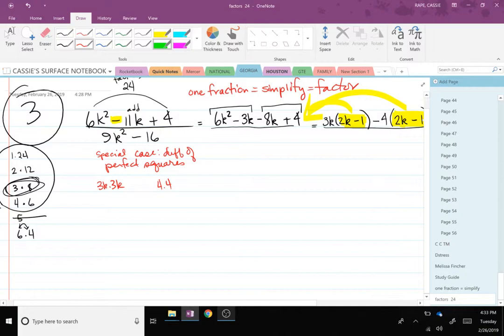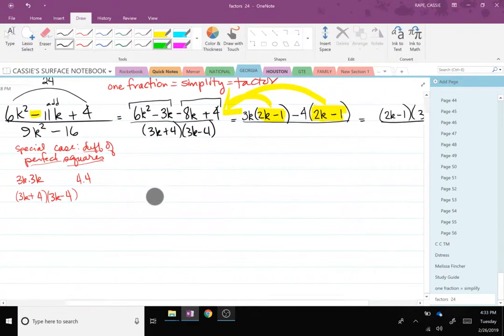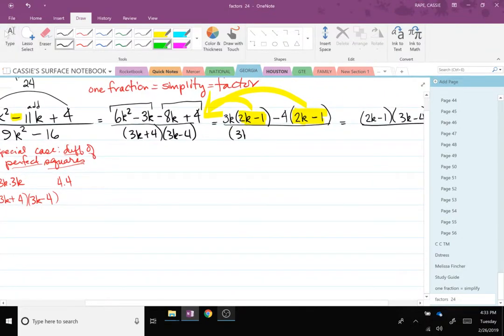What that means is when you've got the difference of two perfect squares, what you end up with is a sum and a difference problem. Both of them end up with 3k and 4, but one gets a plus, one gets a minus. If you want to multiply that out, you can, but it ends up being 3k plus 4 times 3k minus 4. Because in algebra, you never write an untrue statement,